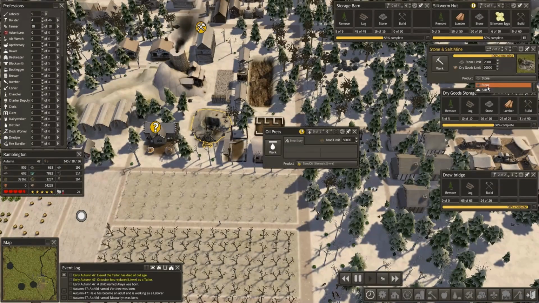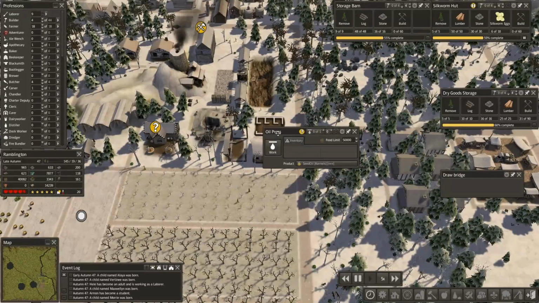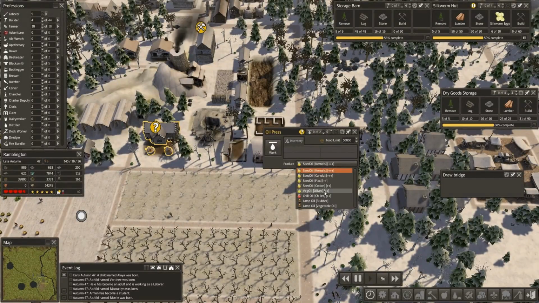Okay, so this one is done. We are pulling out salt. There we go. So salt's coming out of there. And that must be why it is stone cutters, because this also makes stone. There's the answer. So that one is done. The oil press needs someone to work there, and we're going to use...